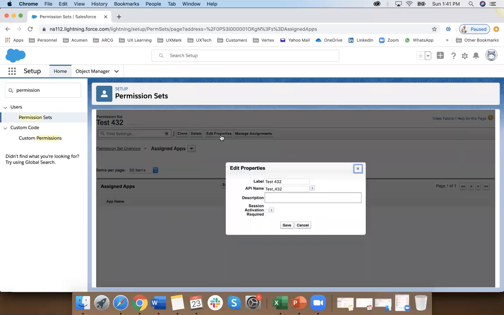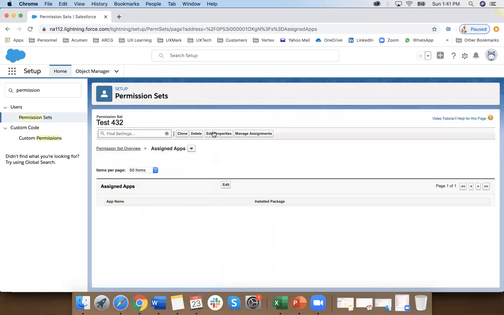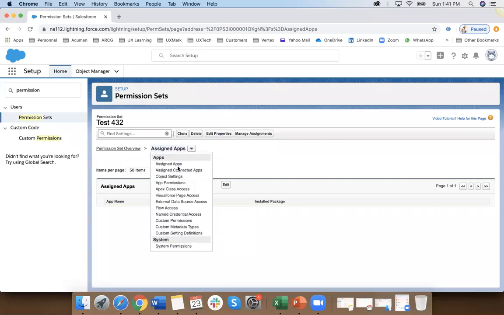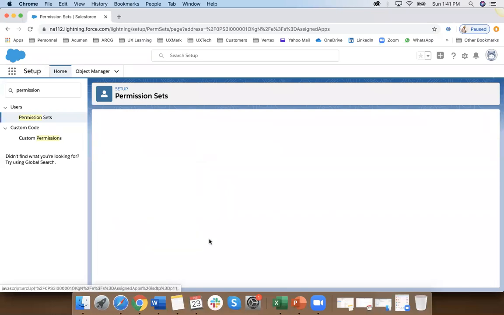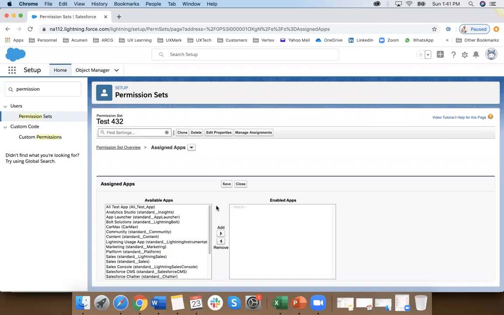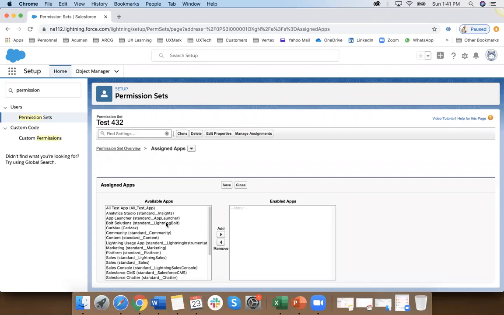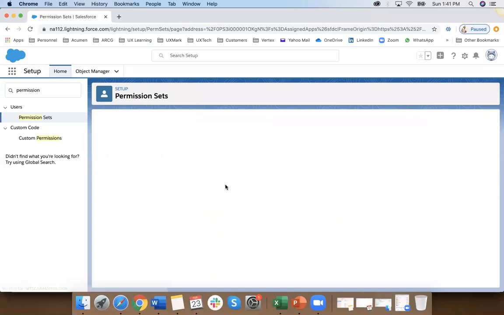Shouldn't you be editing the assigned apps to assign an app? Where is that edit? Down. Oh, sorry. Here you go. So here you can basically select the apps that you want to hide or whatever you want to view. So for example, a lead test app, you want to hide that. You can basically save it,